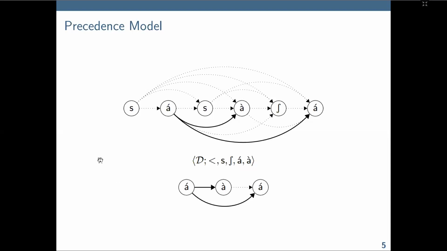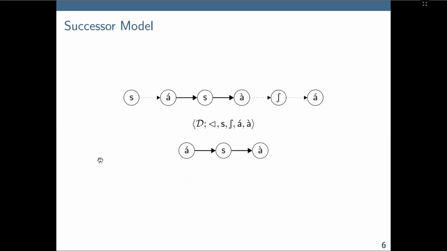What other models of words are there? Well, let's take the transitive reduct of this model, which we might call the successor model, or the model that encodes immediate adjacency. Note that everything is the same in this model, same size of the domain, same labeling relations, but now rather than looking at general precedence, we're just looking at which items sit in immediate adjacency with respect to each other. So what can we immediately infer from this model? We know that, for example, this precedes this s, and this precedes this, but we cannot immediately infer that the high tone vowel precedes the low tone vowel. We have to do some transitive work. There has to be some additional work that goes beyond that.